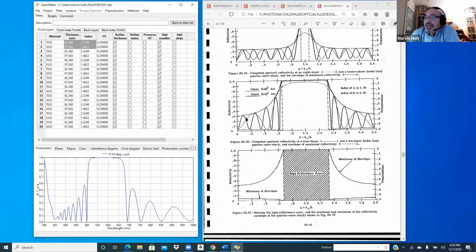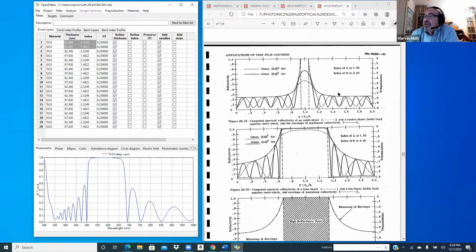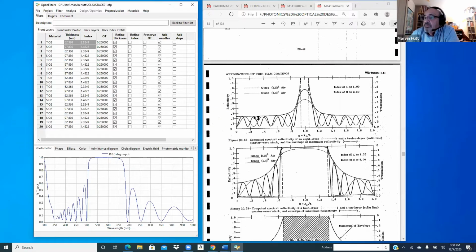This envelope encompasses all of the oscillations. So if we could calculate the envelope simply, then we would know what this stack does, because we're generally not interested in the wiggles here. We want to know how wide it is, where this is, how low this is, etc. So if we could calculate the envelope here, all right, without calculating all of this,